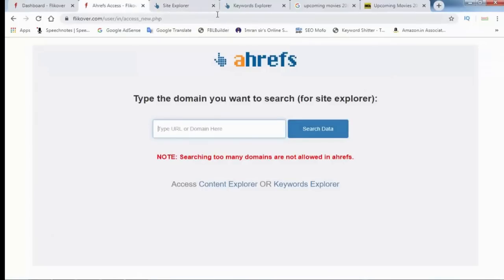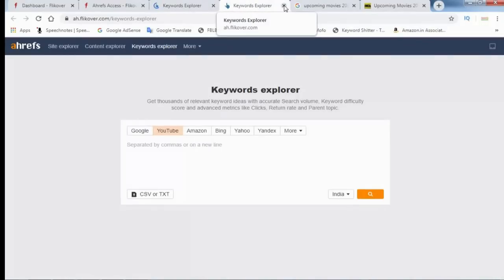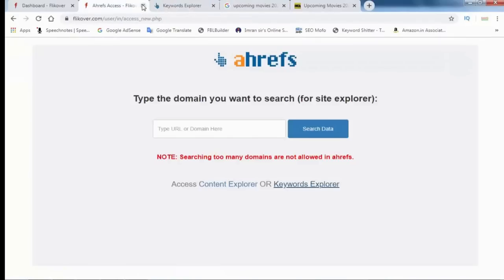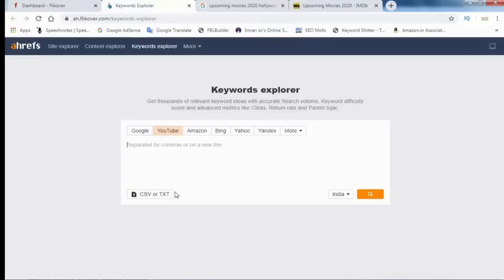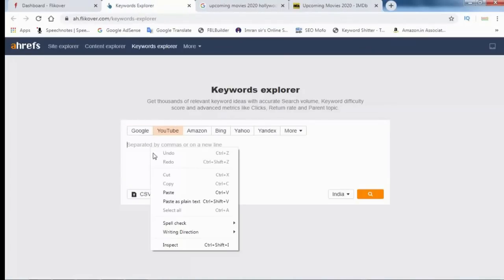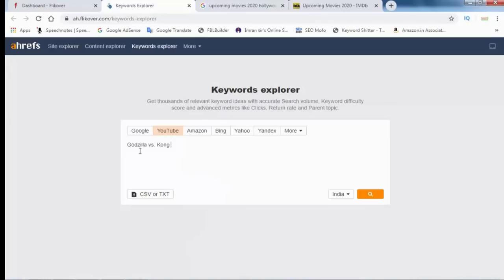Oh, I think this is not Keyword Explorer. Here is Keyword Explorer. I have searched there. For example, this keyword Godzilla versus Kong.